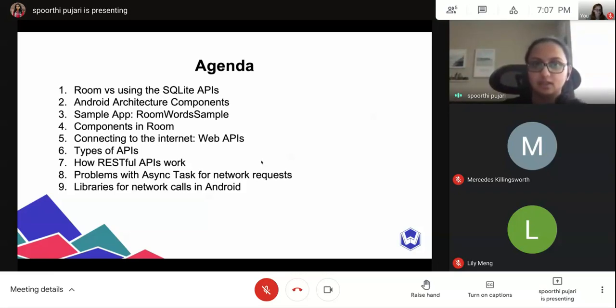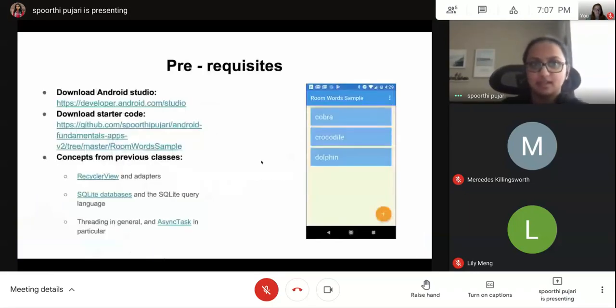So the prerequisites for this class is definitely have Android Studio installed, and you can download the starter code from this link. And then a few other concepts we'll use from your previous class is recycler view and adapters and threading in general, specifically how to use async tasks.